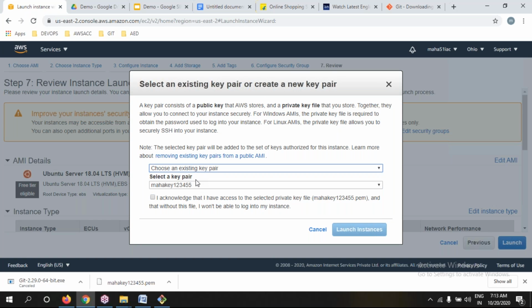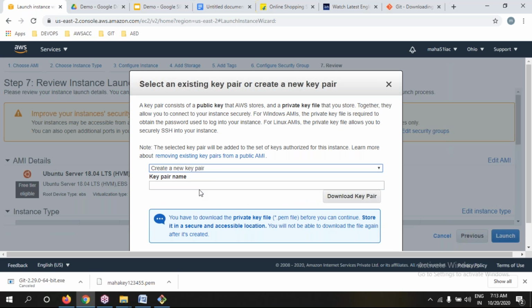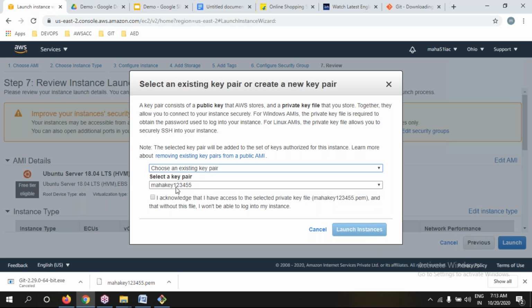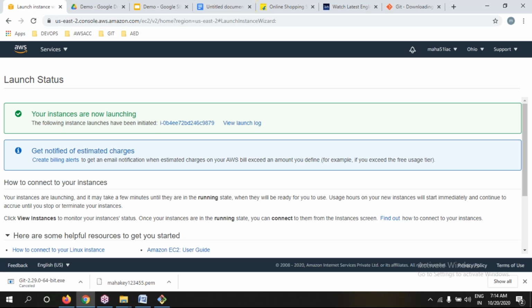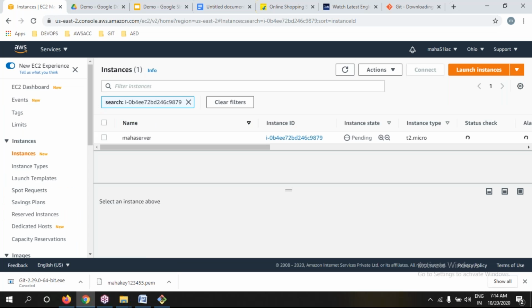I can create a new PEM file the first time, and for the second time I can create a new PEM file. I'm going to use an existing PEM file right now. One PEM file can be assigned to multiple servers. Without the PEM file, we can't log in. If you lose the PEM file, you lose the servers. No question about it. Forget about the servers.